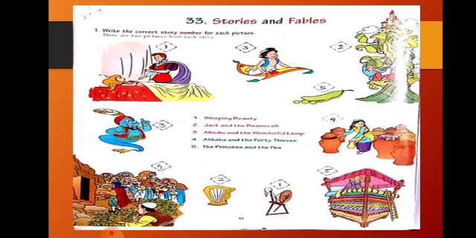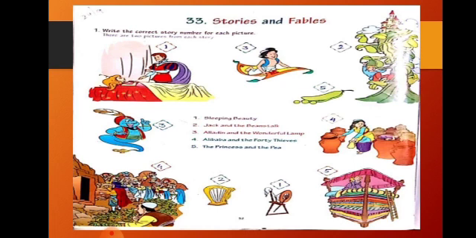And I have marked the numbers in the squares. You will have to write the numbers in the squares. So write the correct number properly and carefully. I have also marked the numbers for your comfort. So the first picture is Sleeping Beauty. Second picture is of Aladdin. So the name of the story is Aladdin and the Wonderful Lamp. The third picture, you can see there, Jack and the Beanstalk. A tree is given over there and Jack is climbing the tree.